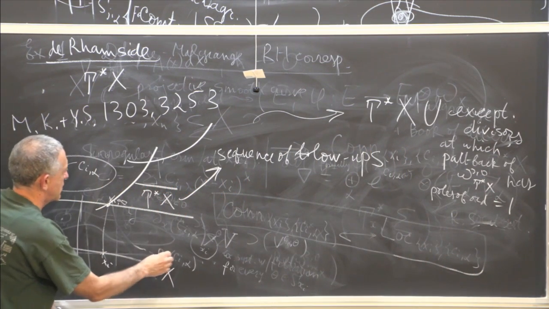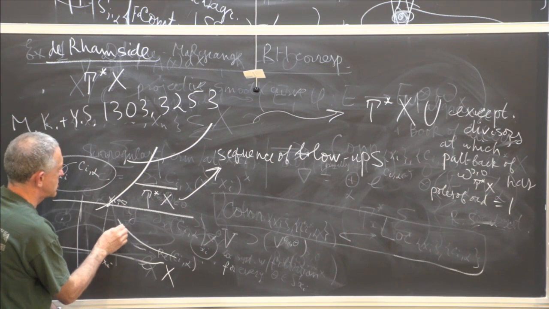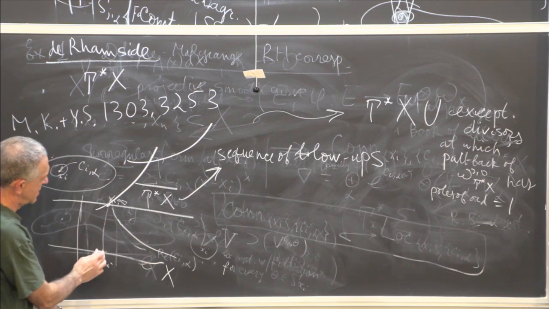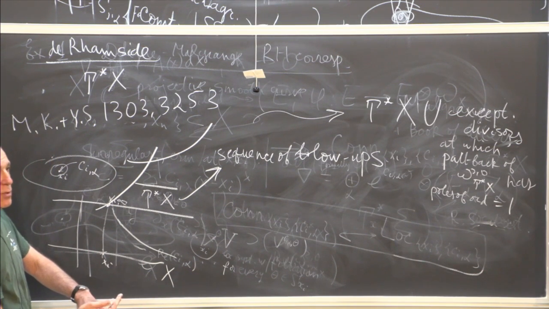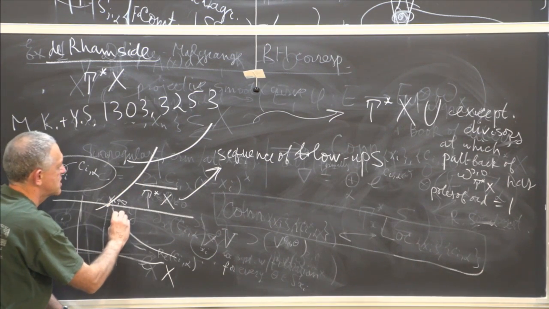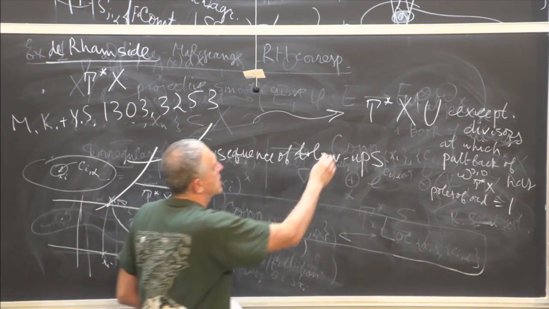So if we have a spectral curve which behaves in a not nice way at the given point, has a pole of order whatever m, then after a number of blow-ups in this blown up surface,